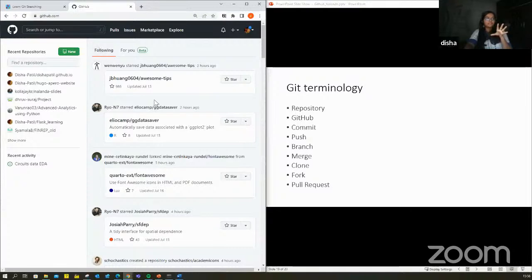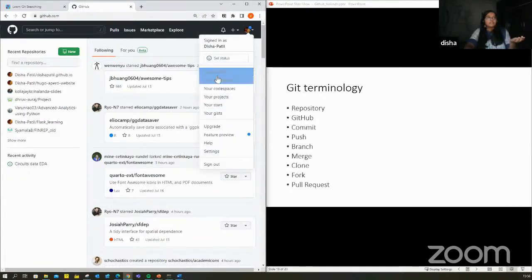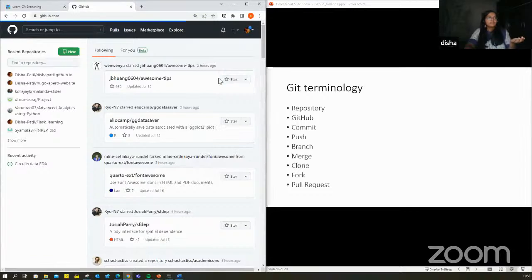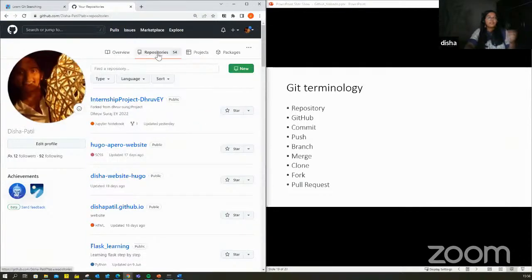Now this is giving me a followers view. There are some other GitHub accounts that I follow. It's very much like a social media website, Twitter or Facebook. So these are the people that I follow, and whatever the recent activities are there, I can see it. My repository basically looks like this. Okay, this is my repository view.